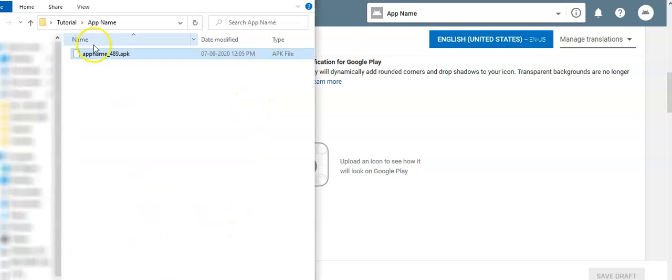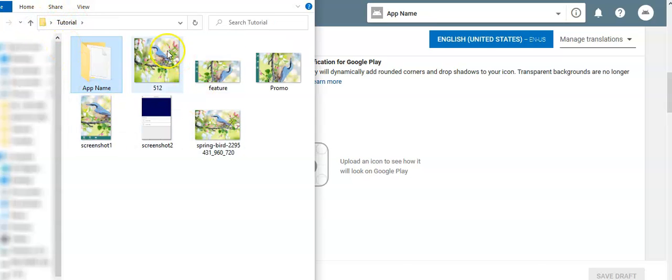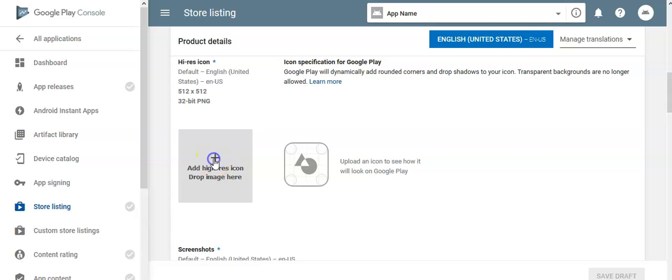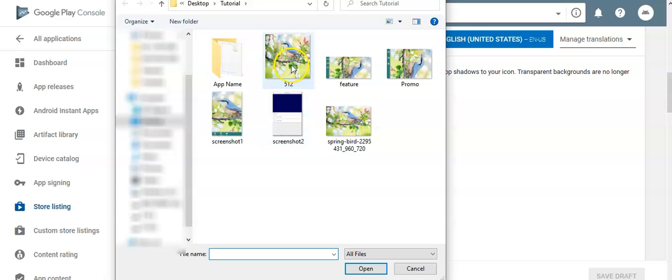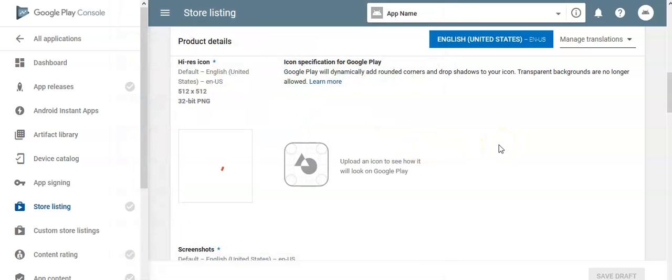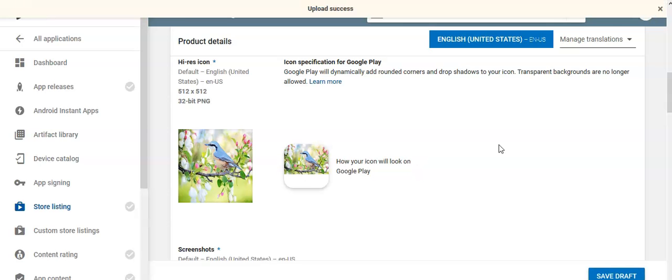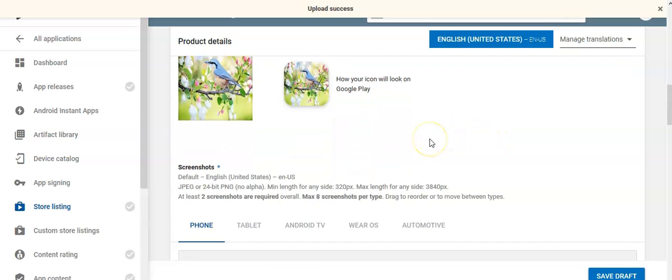Here is the PNG we had selected and made. So I'll upload that. Just select the image and it will be uploaded. Okay, so the icon is uploaded now.